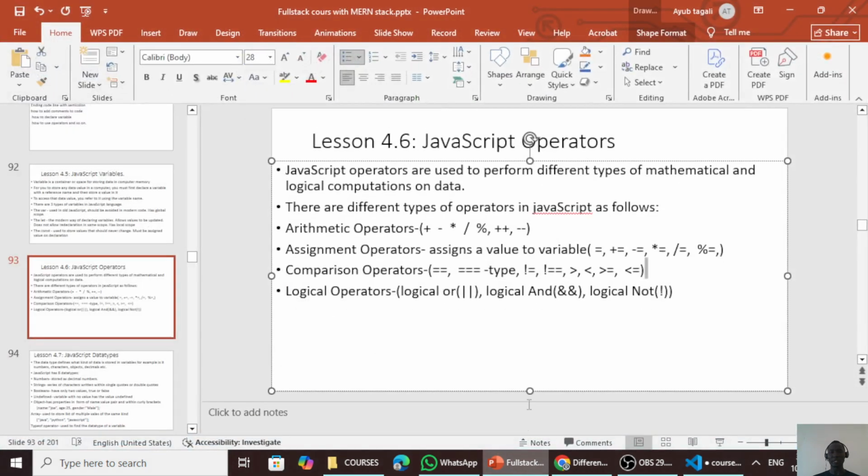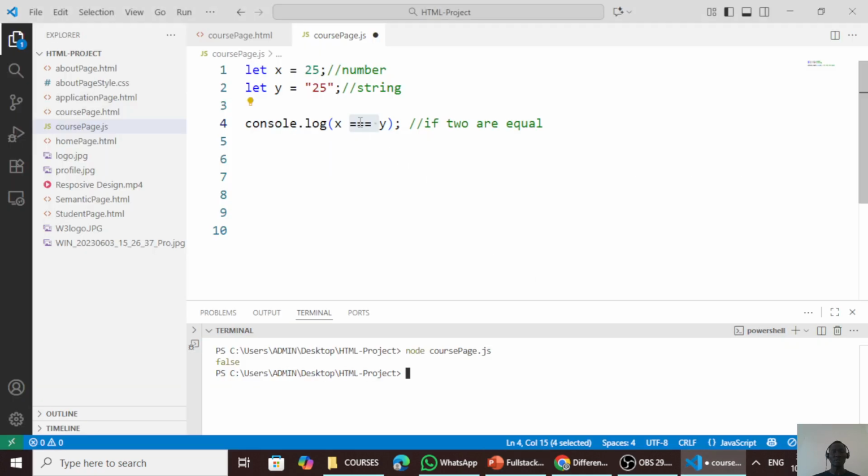The next comparison operator is not equal. The not equal operator determines whether the two values are not equal. So if we use not equal here and we save,